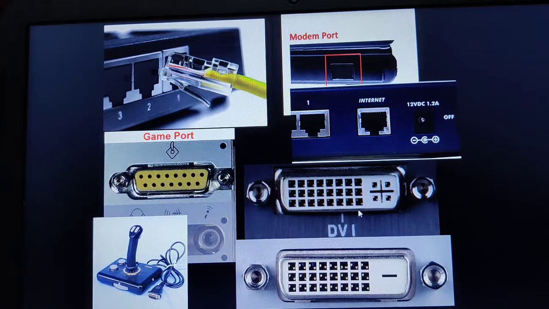So whenever we have an LCD monitor to connect to the computer system, I'm going to use the digital video interface port. Almost all the new computer systems have the DVI port because it carries both analog as well as digital video signals and provides better picture quality for the users.